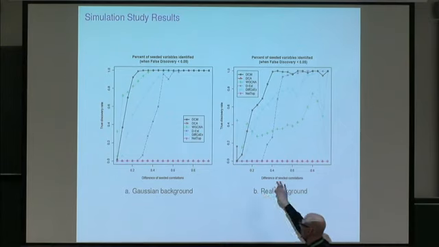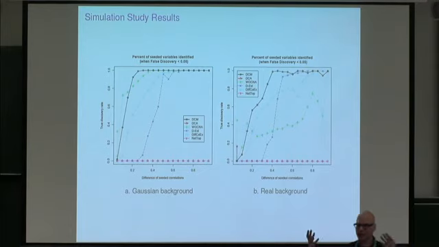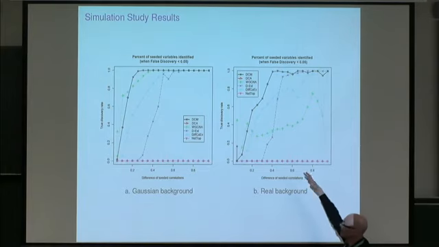But the takeaway here is when we look at a real background, which is what one expects to see in real data, the correlation matrices, even if they're the same, are not simple. So R1 and R2 are maybe the same on the set A, but they're not nice, diagonal, banded or sparse. Then the other methods get a little wobbly, and we do okay. So there you go. Felt obliged to show a simulation study. Okay, done.